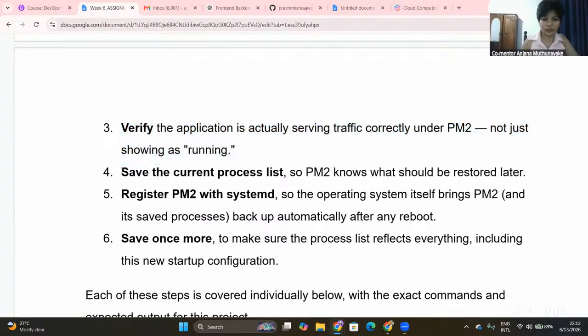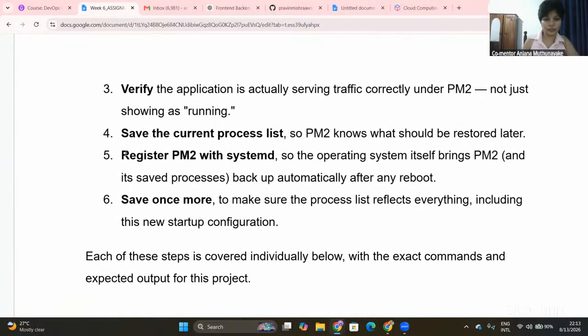And also save the current process list, so PM2 knows what should be restored later. So to tell it what should be restored later, we need to save the current process list. This command was explained earlier and we ran it earlier. And also register PM2 with systemd, so the operating system itself brings PM2 and its saved processes